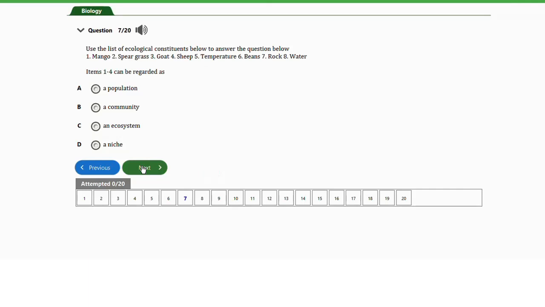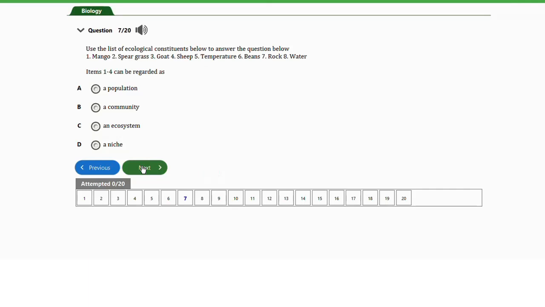So the question here says, items 1 to 4 can be regarded as. So remember, items 1 to 4 are mango, spear grass, goats, and sheep. So items 1 to 4 can be regarded as A, a population, B, a community, C, an ecosystem, D, a